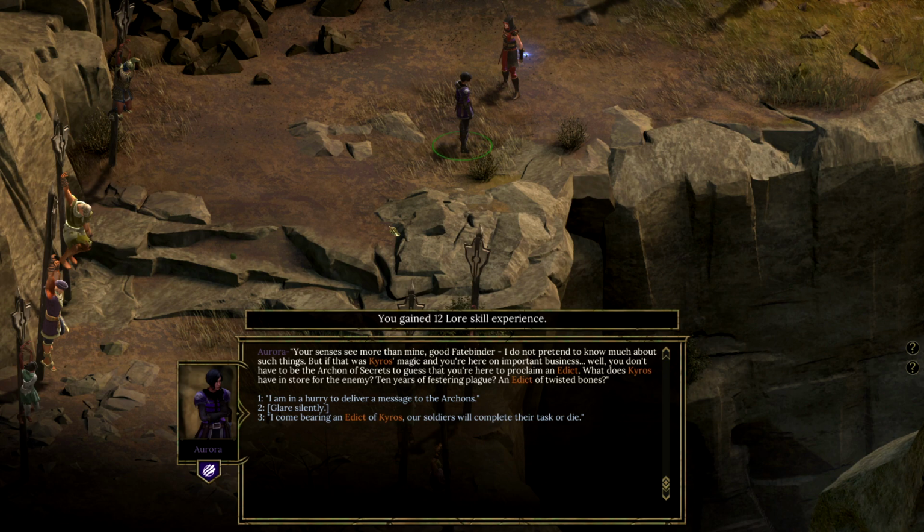Your senses see more than mine, good Fatebinder. I do not pretend to know much about such things. But if that was Kairos's magic and you're here on important business, well, you don't have to be the Archon of Secrets to guess that you're here to proclaim an edict. What does Kairos have in store for the enemy, eh? Ten years of festering plague? An edict of twisted bones? Yes,